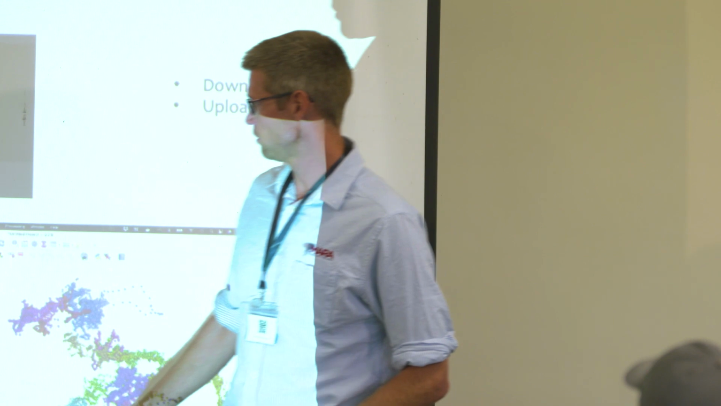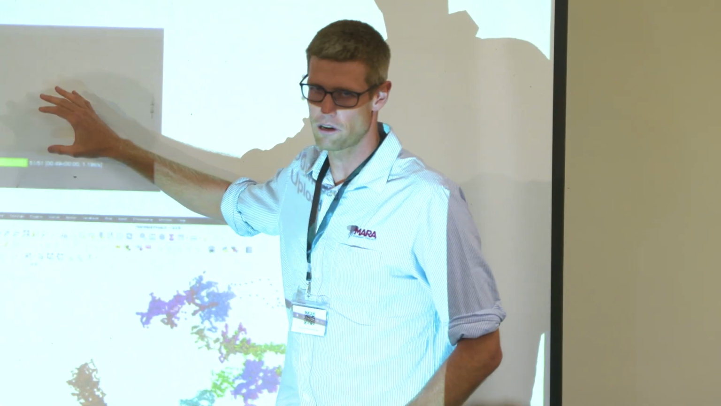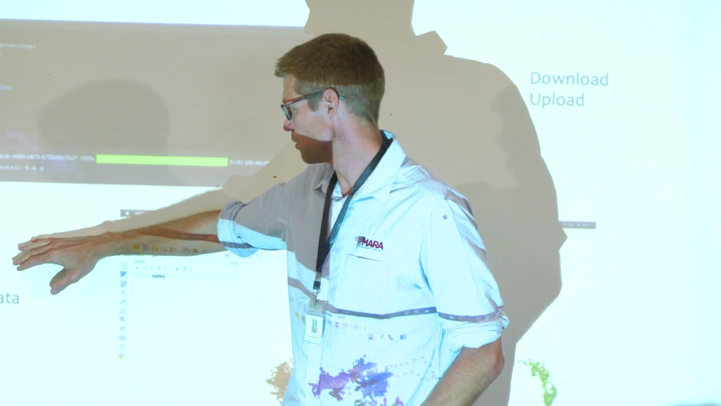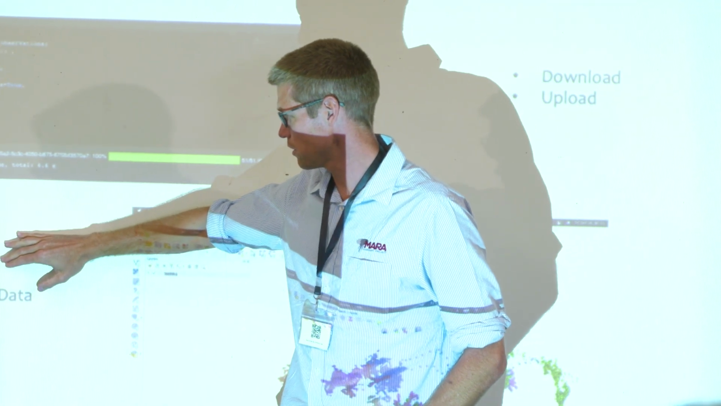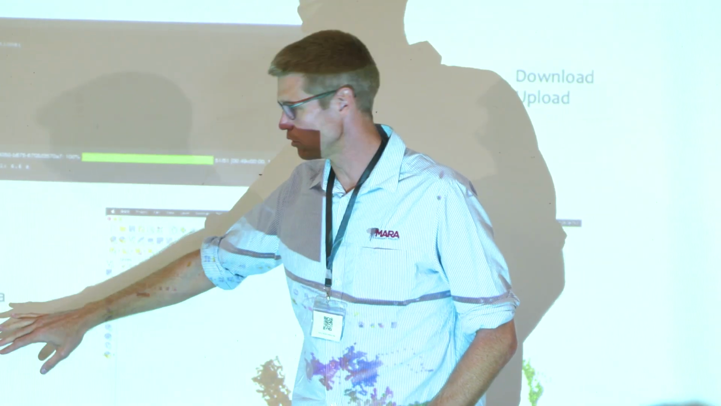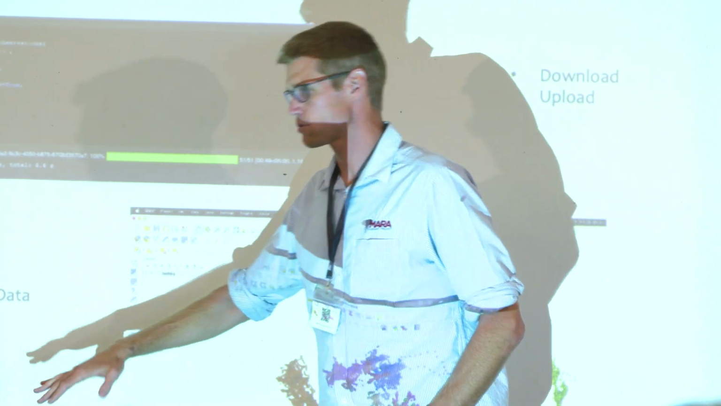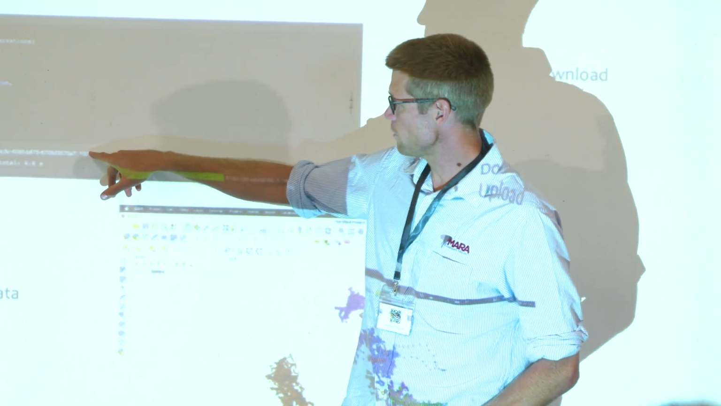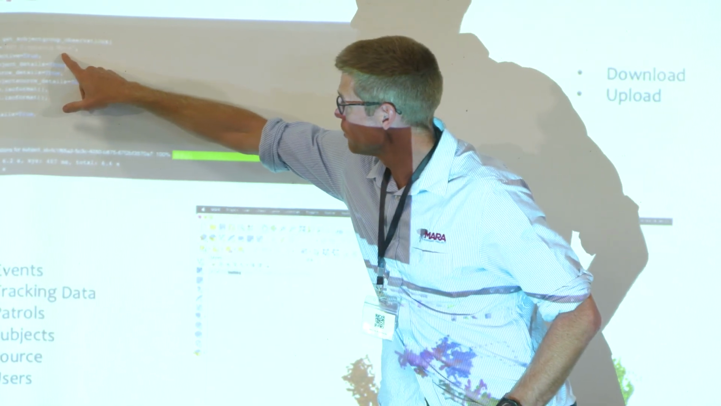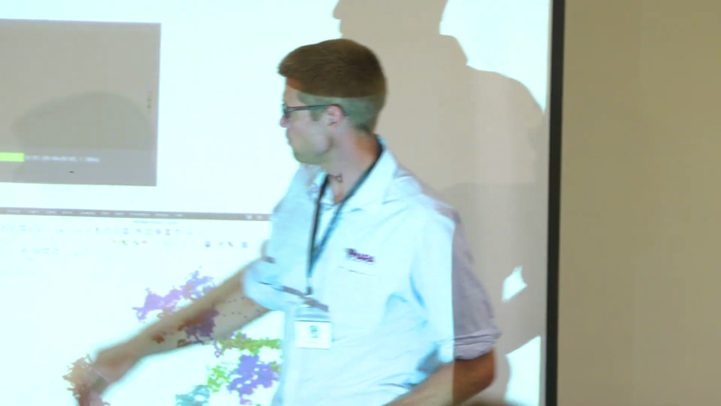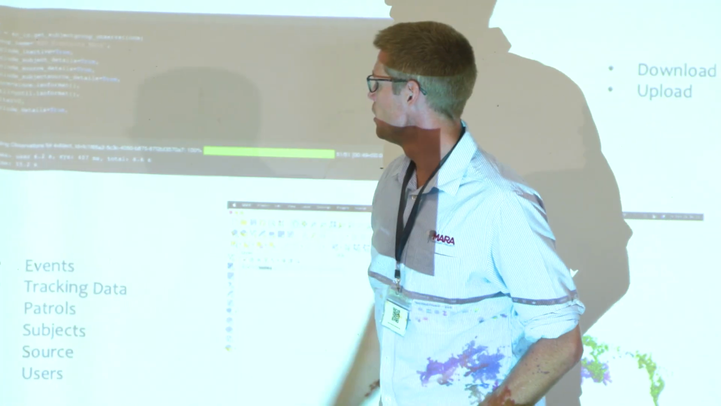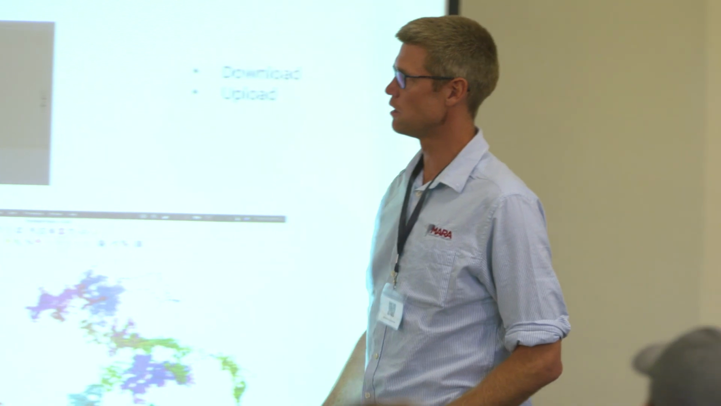I'll run a live demo after this, but basically you can connect to EarthRanger if you have a login. You can download events, tracking data, patrols, subjects, sources, users. So many of the tables that are in EarthRanger you can access now through this module. This is an example of pulling data for a given subject group. This is Mep Elephant Mara, and it took 55 seconds for over 100,000 tracking data